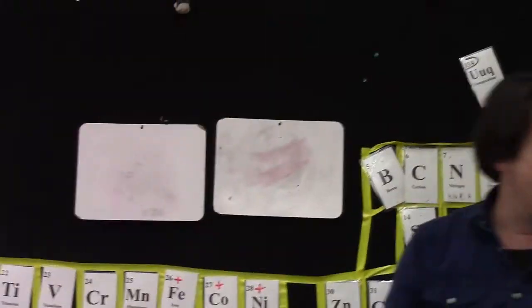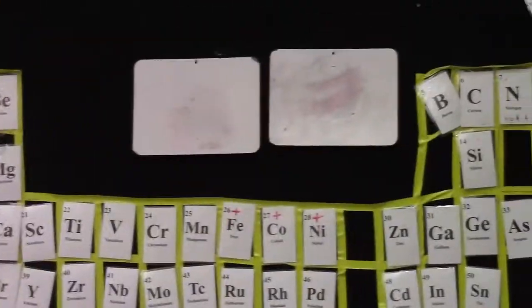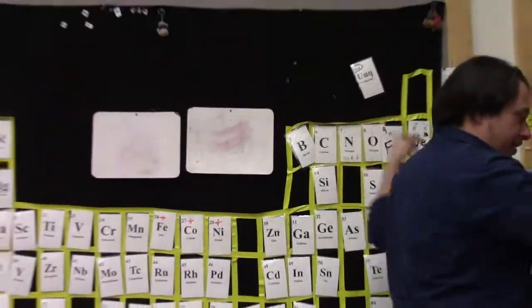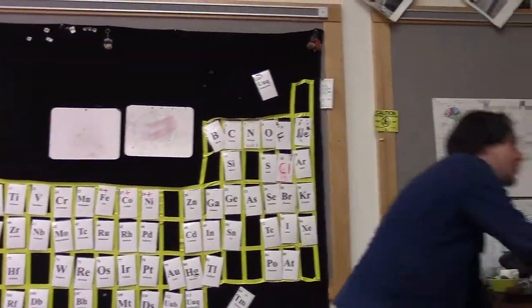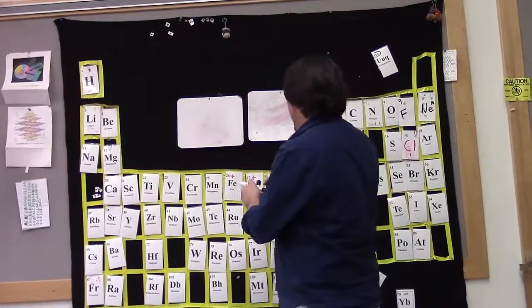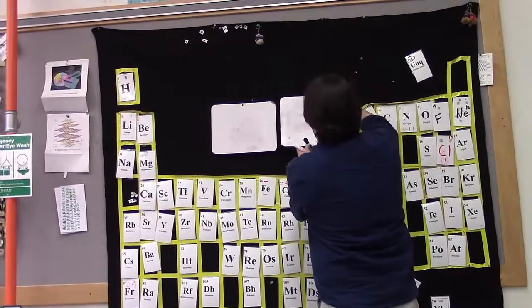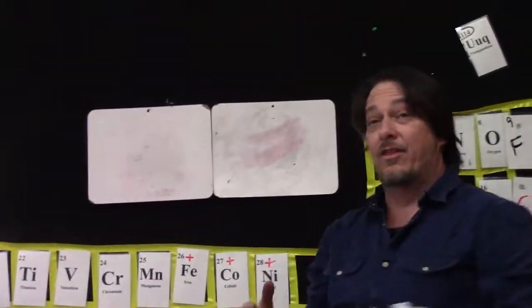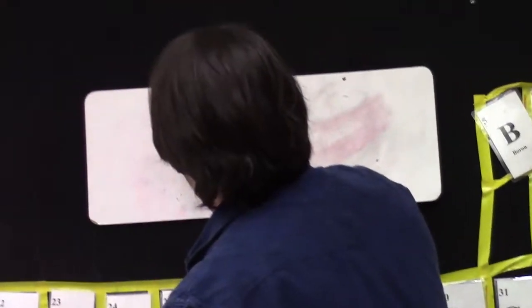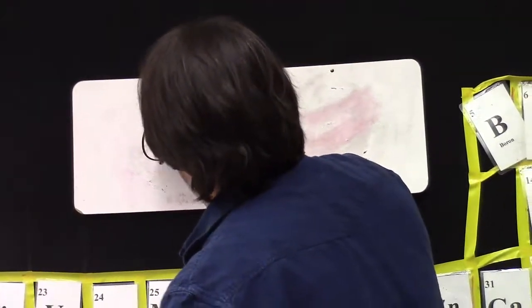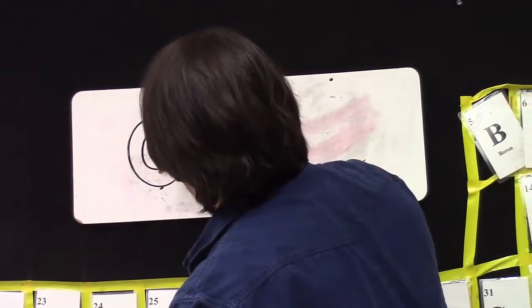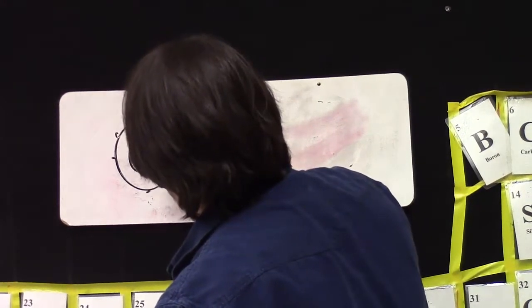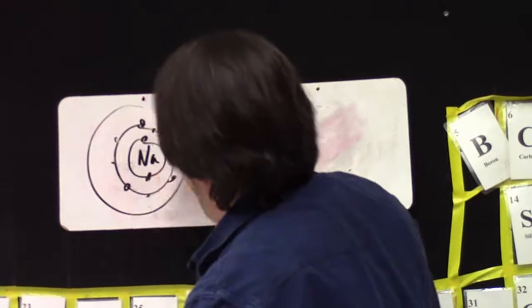Alright, so before we were talking about those diagrams. We did sodium, for example, and chlorine. That's what we're going to do. We're going to make some sodium chloride and show that the reason sodium chloride forms is so that everybody's happy. Like here's sodium. It was number 11. It had 1, 2, 3, 4, 5, 6, 7, 8, 9, 10, and then 1 out here.